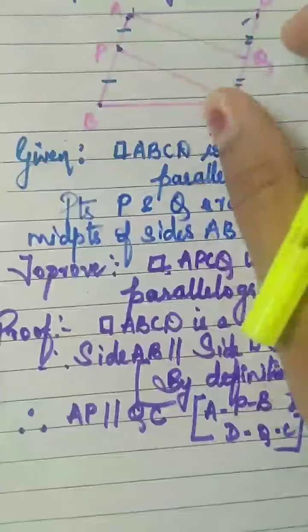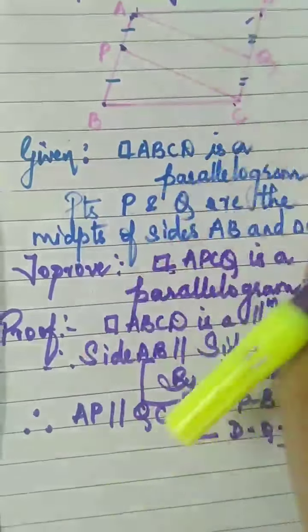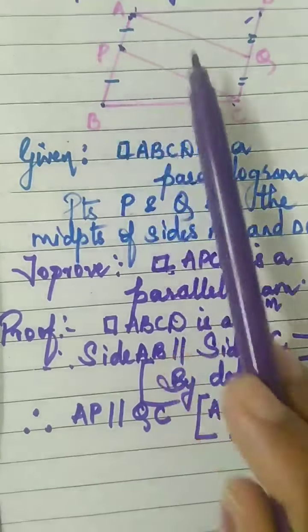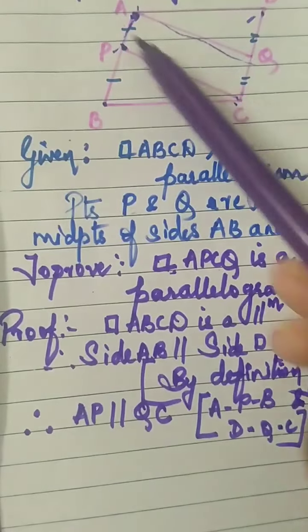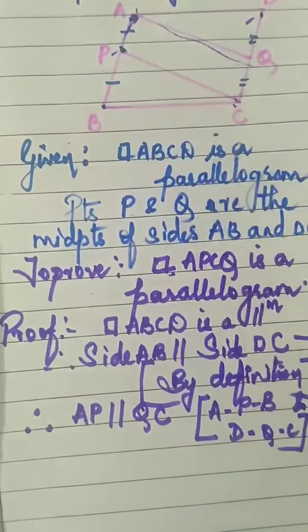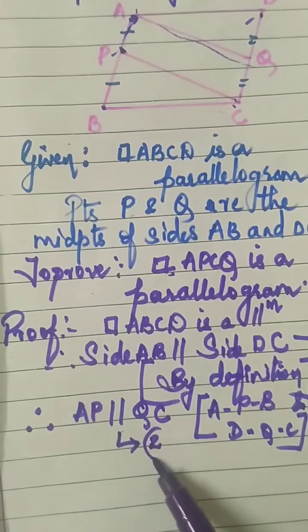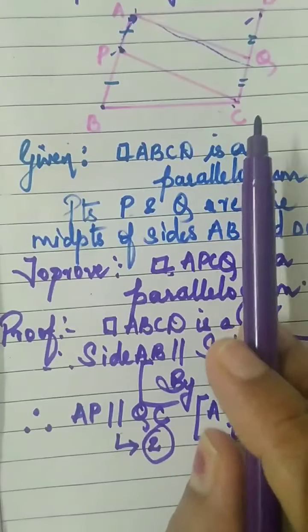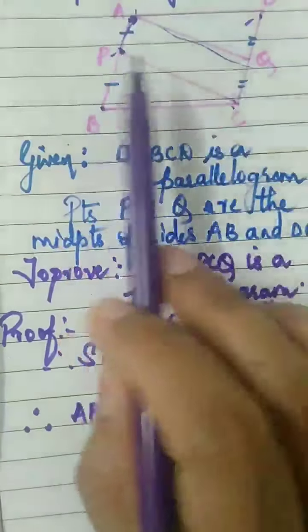Now by some way we will prove that the same pair of opposite sides are congruent. So if a pair of opposite sides are congruent as well as parallel, then this quadrilateral becomes a parallelogram. So one task is done. So this we will give as number 2. Opposite sides became parallel. Okay. So now we will try to prove the opposite sides to be congruent.